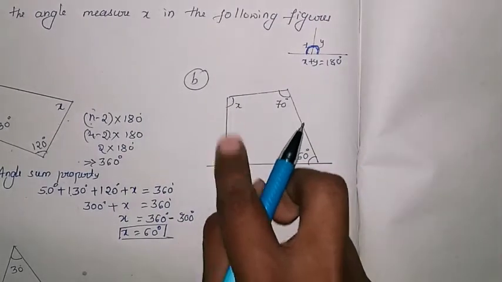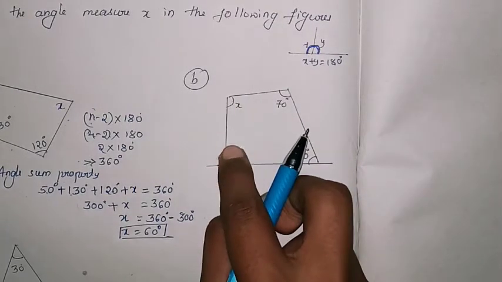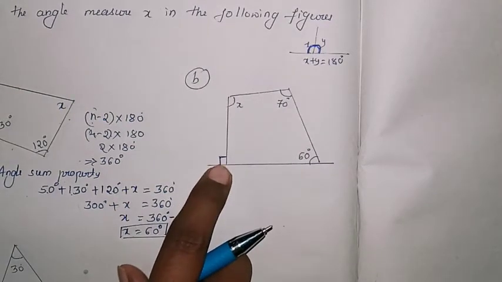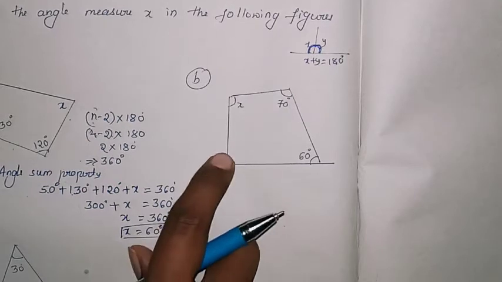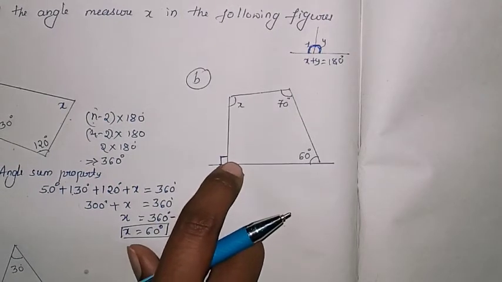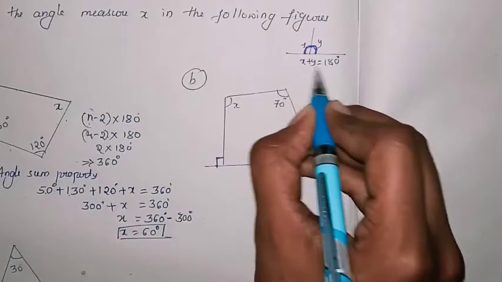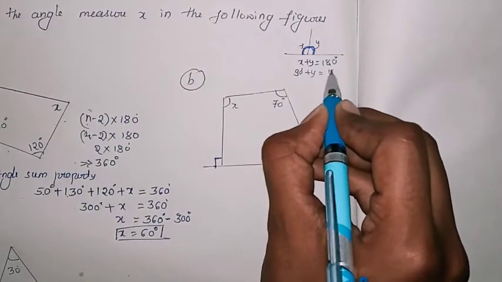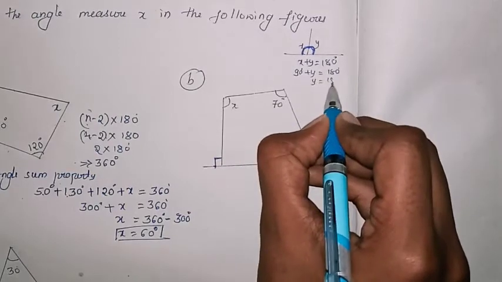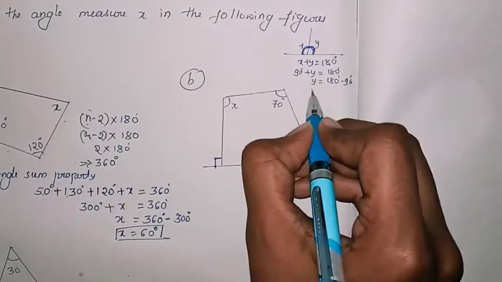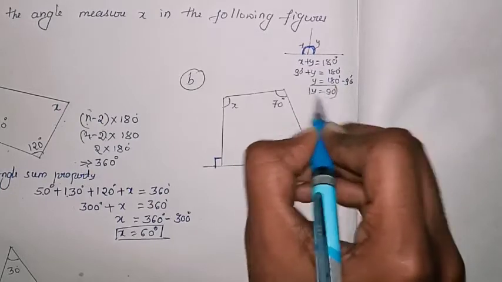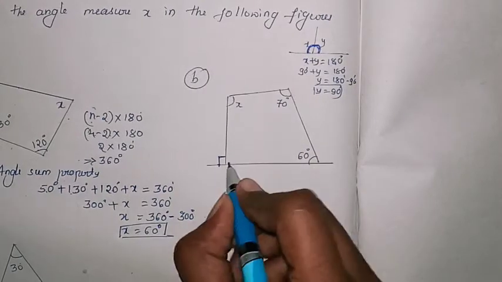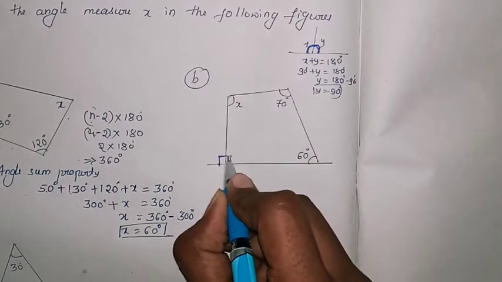In that, one perpendicular line is there. Why am I saying perpendicular line? Because it is a 90 degree angle. Okay. And if one angle is 90, how can you find the other? So x plus y is equal to 180. One angle you know is 90 degrees, plus y is equal to 180 degrees. y is equal to 180 minus 90 degrees. y is equal to 90 degrees. That means the other angle is 90. So 90 plus 90 is 180. So we can say the other is also 90 degrees.